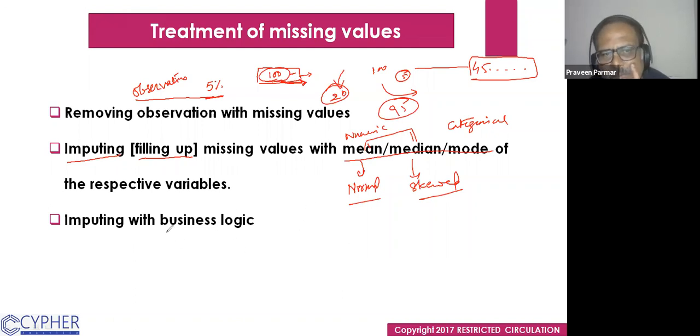Second, imputing with business logic. I will explain this.